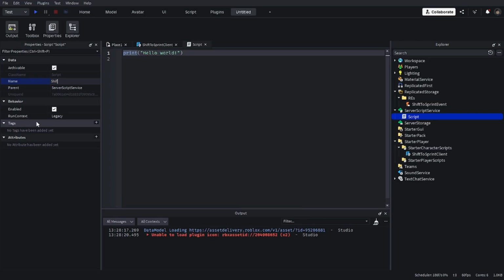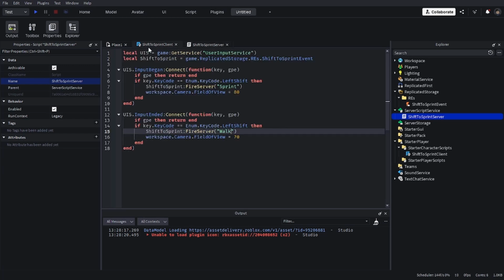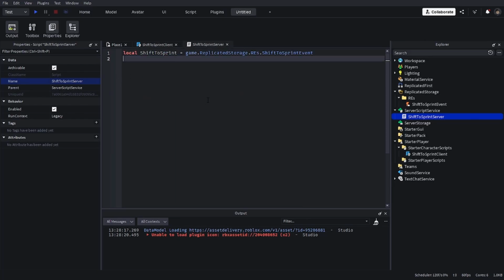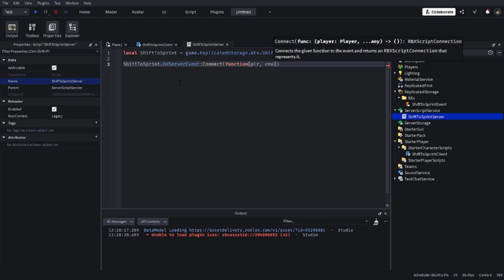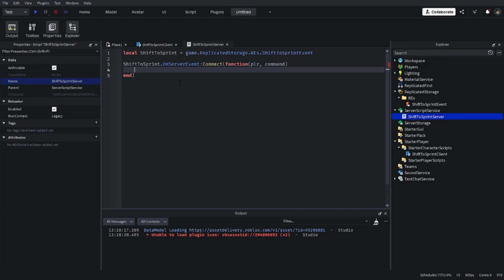Name this script ShiftToSprintServer. Now you can go to the previous script, just copy this ShiftToSprint, and then do immediately ShiftToSprint.OnServerEvent:Connect(function(player, command)). Now we do if command equals "sprint" then player.Character.Humanoid.WalkSpeed